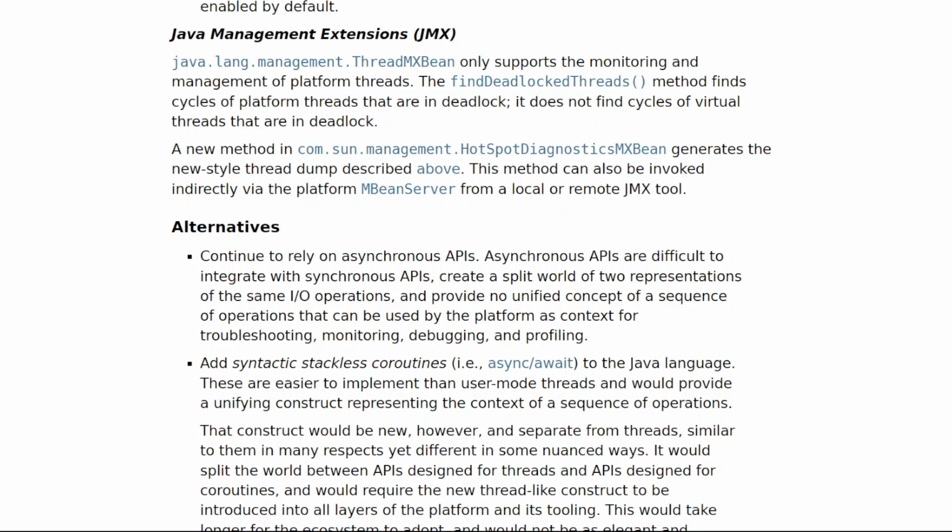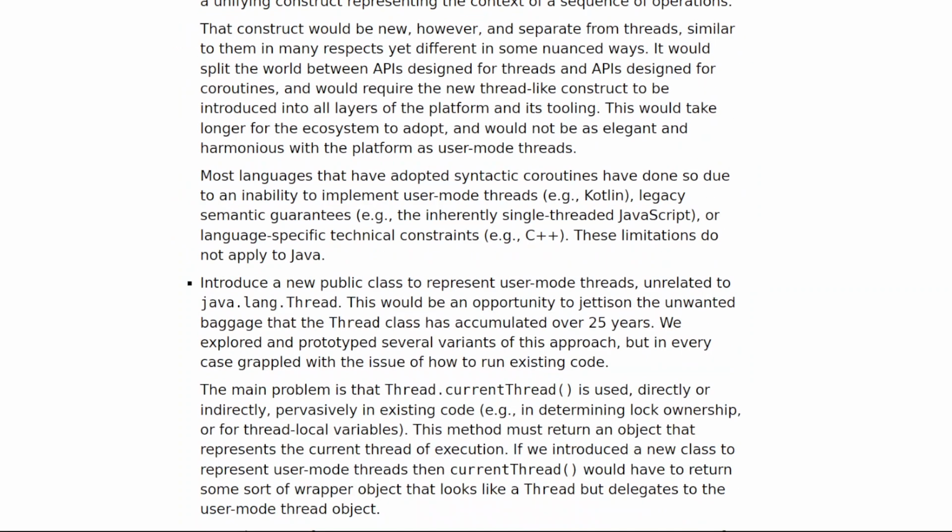2. Add syntactic stackless coroutines, i.e., async/await, to the Java language. These are easier to implement than user mode threads and would provide a unifying construct representing the context of a sequence of operations. That construct would be new, however, and separate from threads, similar to them in many respects yet different in some nuanced ways. It would split the world between APIs designed for threads and APIs designed for coroutines, and would require the new thread-like construct to be introduced into all layers of the platform and its tooling.